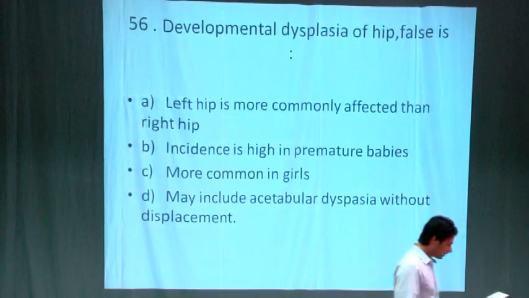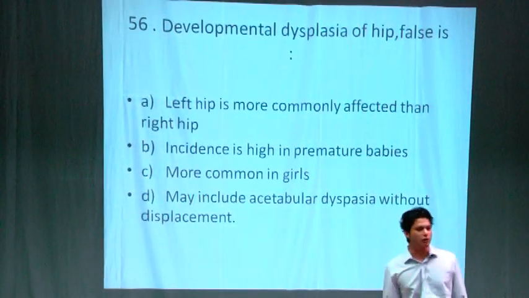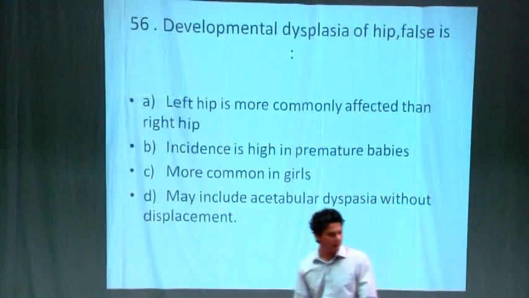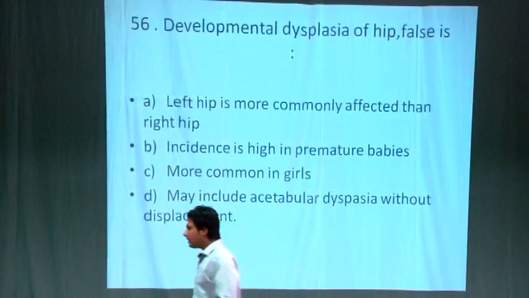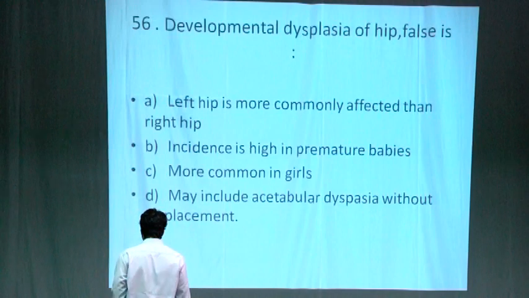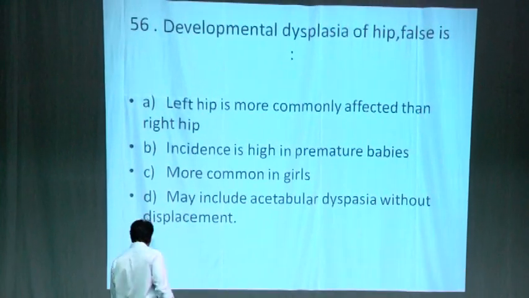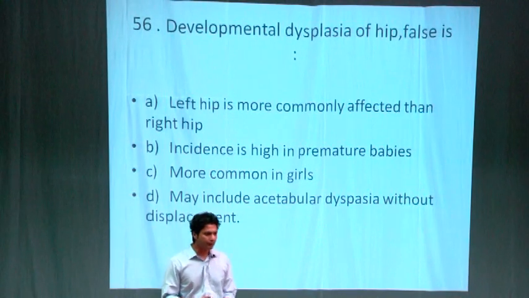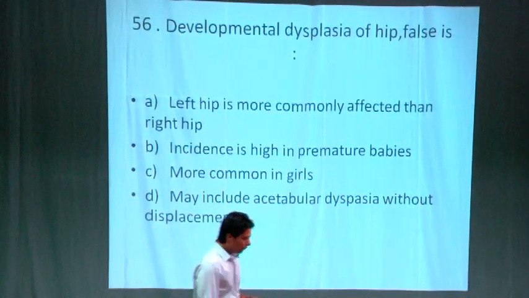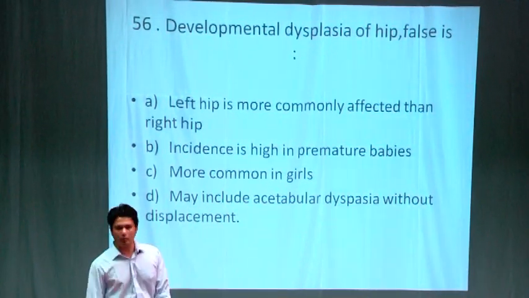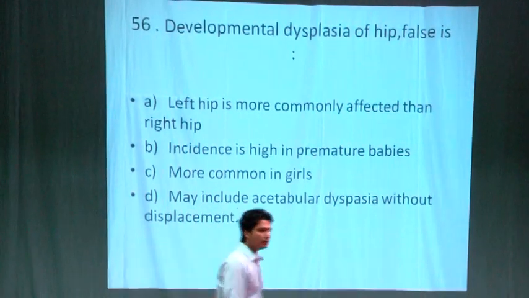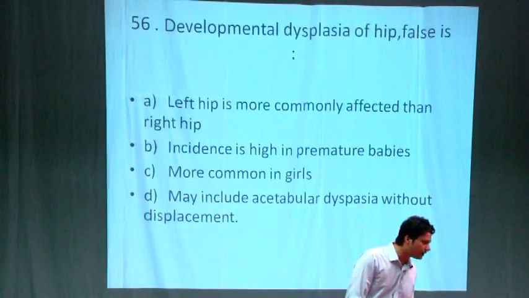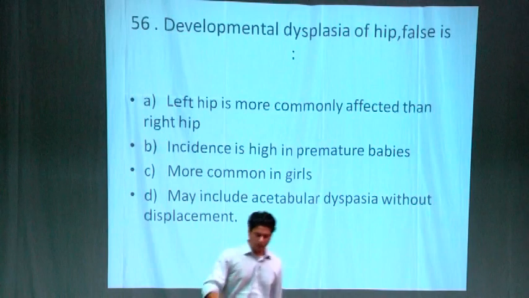Okay, common peroneal is not given in the option. Common peroneal is a branch of sciatic nerve ultimately. So sciatic nerve. What is the name of the splint which is used for this common peroneal nerve palsy? What is the name of the gait in case of common peroneal nerve palsy? High stepping gait. What happens in CPN?